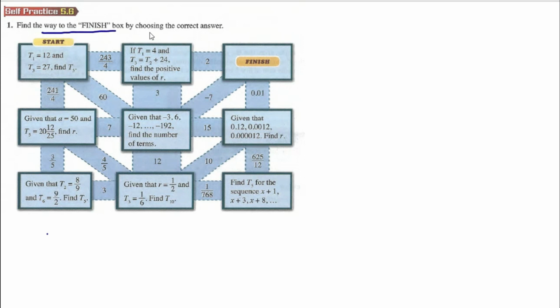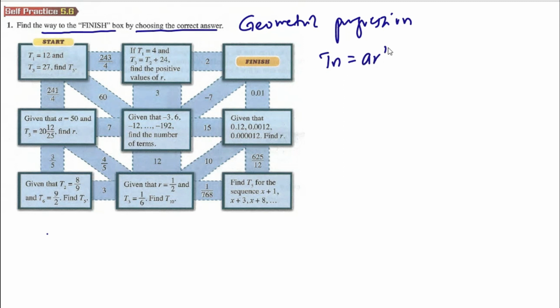Find the way to finish line by choosing the correct answer. So, this one is geometric progression. So, the formula of term Tn is equal to Ar^(n-1). So, we see here, so start from here, we see it is given that